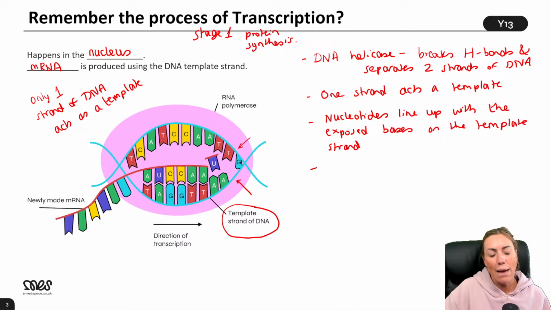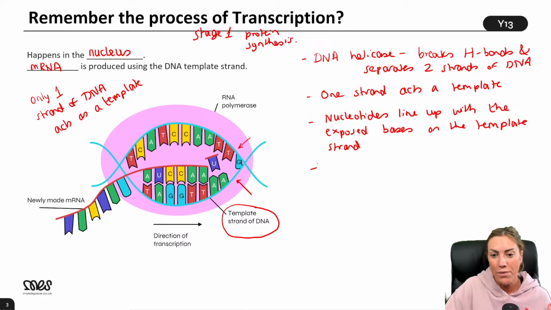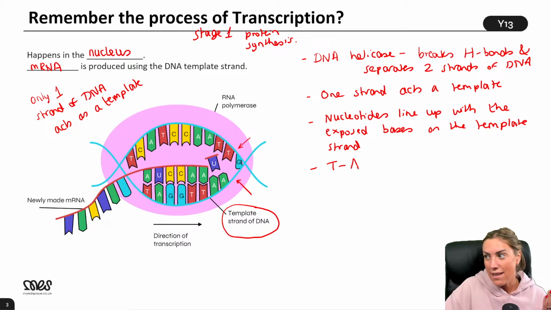Now, sometimes you actually get a mark for giving examples of this base pairing, of the base pair rule. So we could go ahead and give examples. For example, if there is a T on the DNA, because there's no thymine in RNA, right? But if there's a T on the DNA, that would pair with an A on the RNA. I'm going to ask you to do the others for me. So if there's an A on the DNA, what would that pair with in the RNA? Think carefully. If there's a C on the DNA, what would that pair with? And if there's a G on the DNA, what would that pair with?